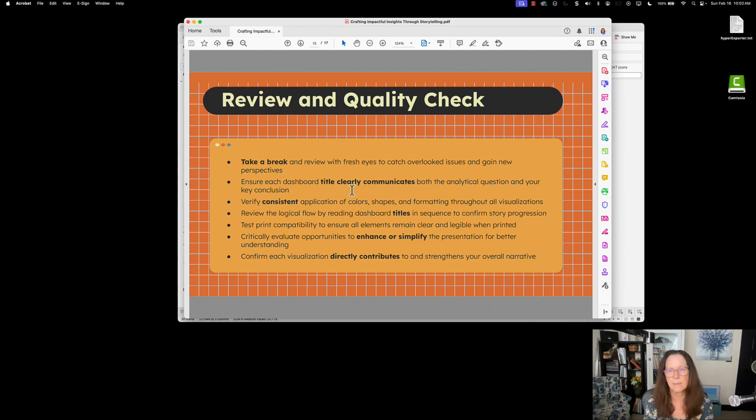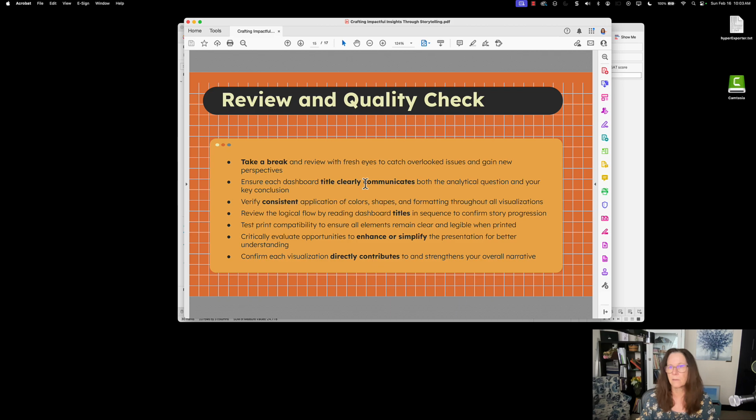And then finally, you do want to review and do a quality check of your worksheets and dashboards that you're going to include in your story. I find for myself that if I get everything ready on a Friday and I take a weekend off, when I look at it again on Monday, it suddenly occurs to me that I can make it a better story by tweaking things. I also deliberately used titles in my worksheets that weren't exactly the best titles. So if I'm going to use them in a story, I might want to flip through the different titles that I'm going to be adding and make sure that they're in chronological order and they make sense for the conclusions I'm going to draw.